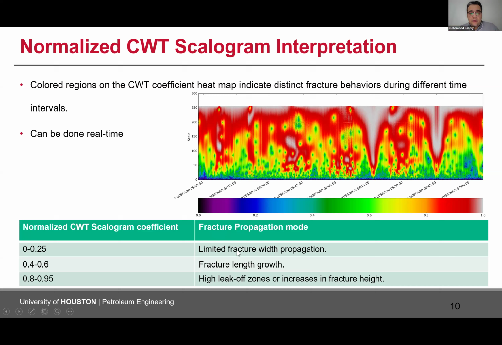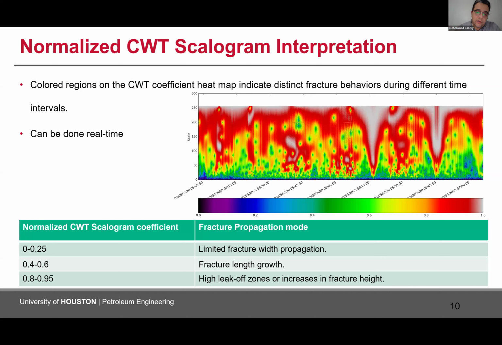For example, if the value of the normalized CWT scalogram is between 0 and 0.25, we have limited fracture width propagation. So we can see flames, but these flames are mainly dominated by this region of the color, between 0 and 0.25 for the normalized CWT scalogram coefficient. If these fracture flames increase with time and become dominant at this time period,